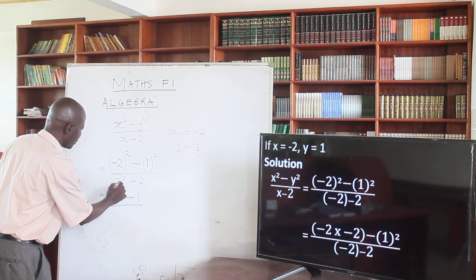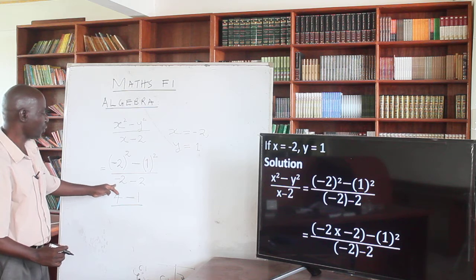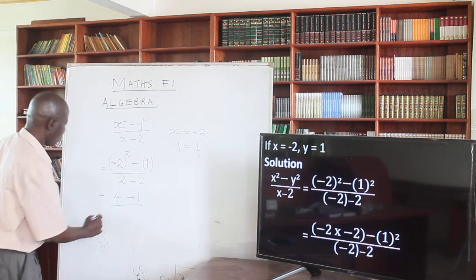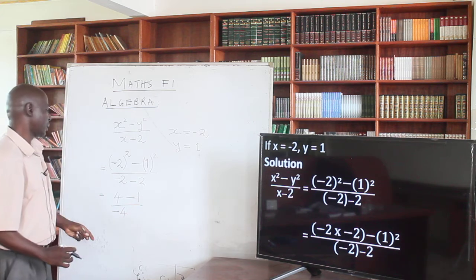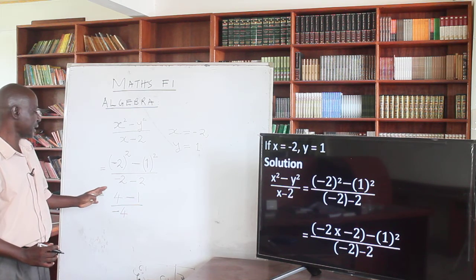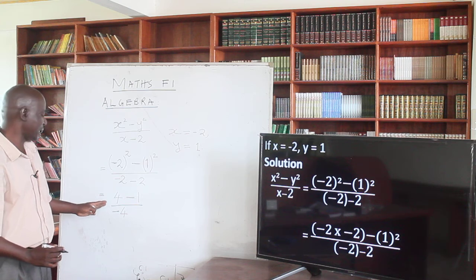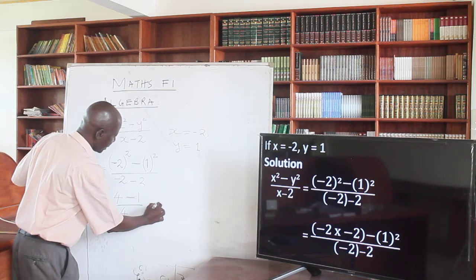minus 2 also. Now in the denominator we have minus 2, minus 2. So minus 2 will give us minus 4. So our numerator is 4 minus 1. Our denominator is minus 4. So that will give us 3